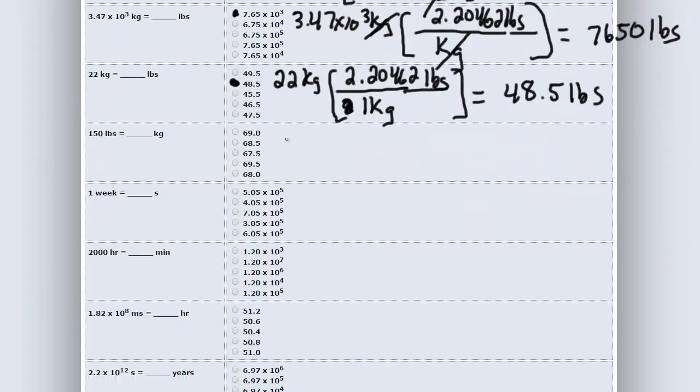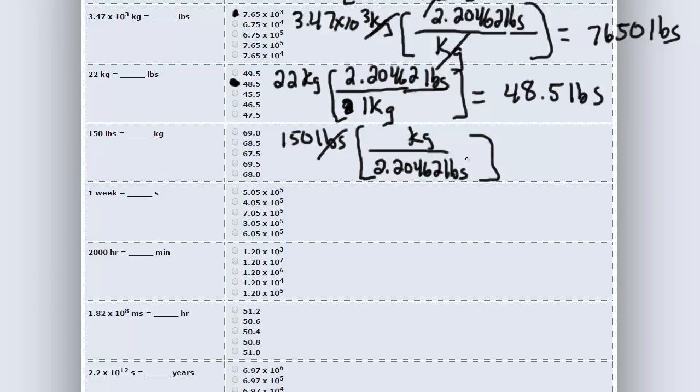So 150 pounds, and we want to go to kilograms. Again, we have to have the conversion factor where pounds is in the denominator. So we put our 2.20462 pounds, and we have our kilogram up here, and the pounds drop out. And so 150 divided by 2.20462, and we get roughly 68.0